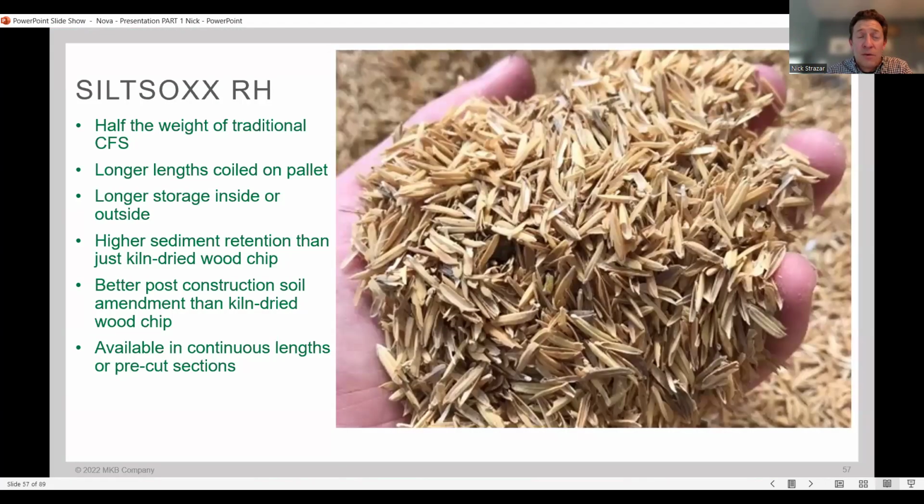And then the final product, a straight 100% rice hull filter sock. You can order this with the biodegradable netting, making it a 100% biodegradable product. The benefit of these, they are lighter than a compost filter sock, heavier than a straw wattle. There's really never been an in-between. Of course, straw wattles are extremely light. They break down fast. You have to provide a shallow trench. And straw wattles are not really designed to let a lot of water pass through,